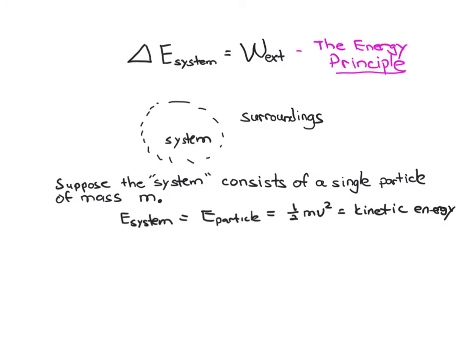And then the energy principle says that the way you can change the kinetic energy of the particle is by doing work on it. So if you do work on the particle from the surroundings, they exert forces on the particle, they do work on the particle, and you can use this formulation here to calculate the change in the energy of the system just by knowing the amount of work that's done on it. And this is the way physics worked until the landmark year of 1905,